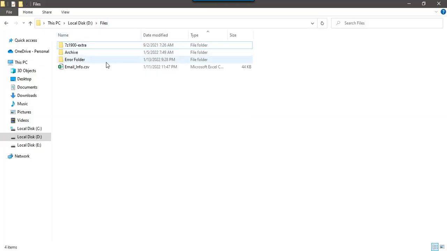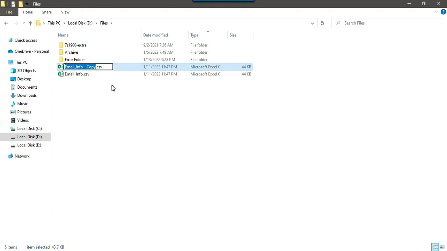In my D files location I have a file email_info.csv, and I want that when my SSIS package runs, this file is moved into the error folder. Maybe I can make one more file and try to migrate more files instead of just migrating one file. So I can call this one